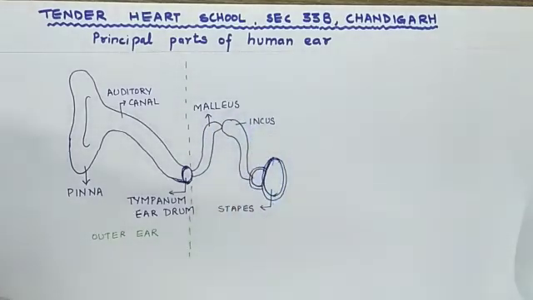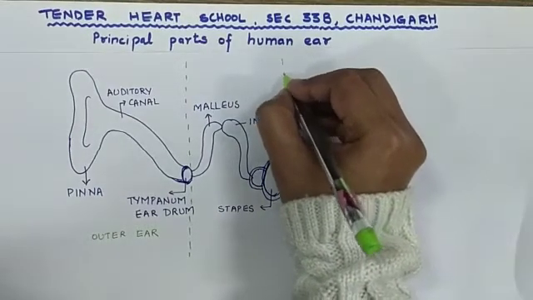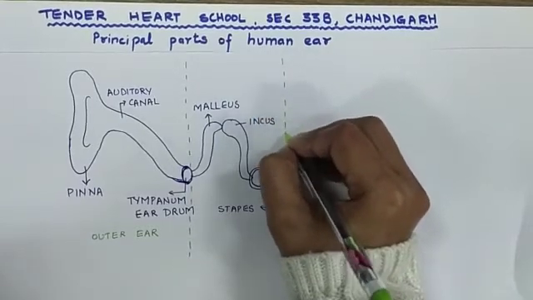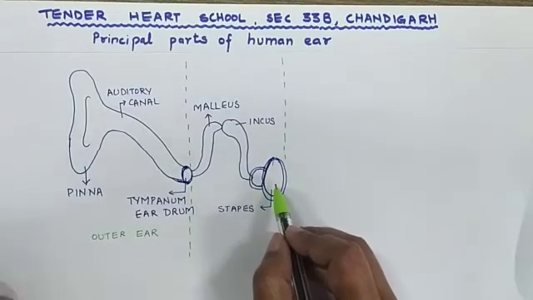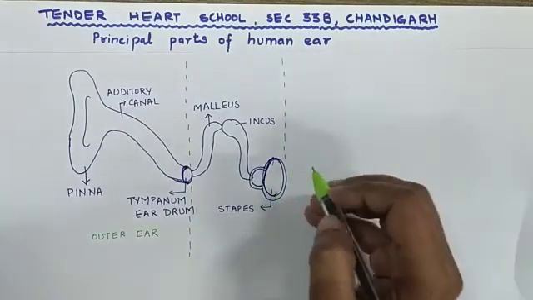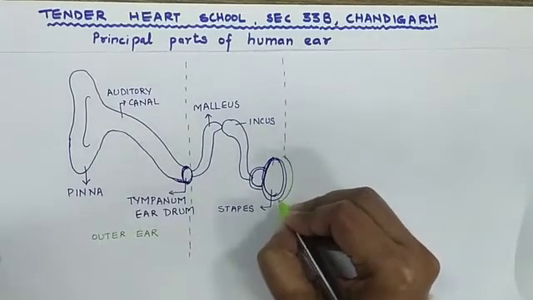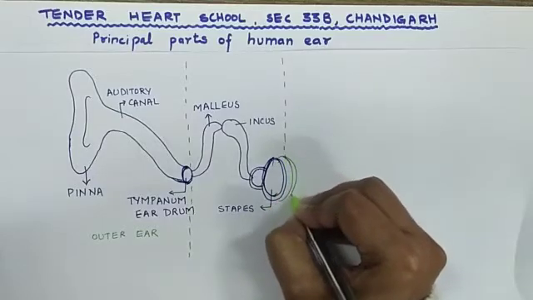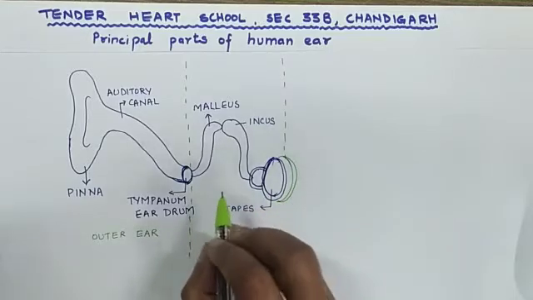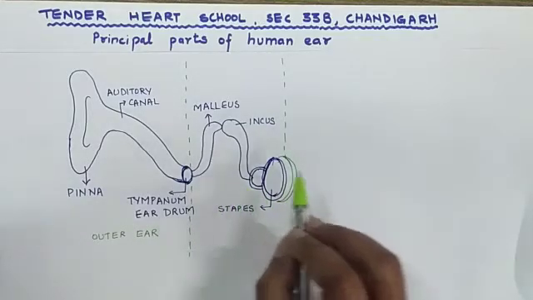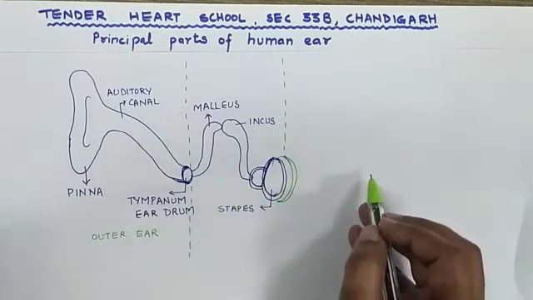These three bones are part of the middle ear. So let us make the middle ear. You also know that the third bone, the stapes or stirrup, is present over a window, which also forms part of the middle ear. This window is called the oval window. So here we have this oval window. The oval window makes a connection from the middle ear to the inner ear. It is a pathway from where we can enter from the middle ear to the inner ear.